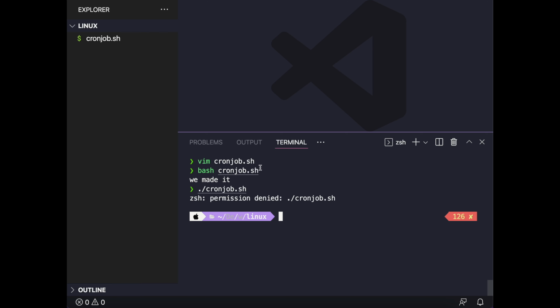Using bash will execute the file as a bash file, but in this case it's going to execute the file differently, not as a bash file. Linux will recognize which kind of file it is. So in order to enable that, we are just going to type chmod +x cronjob.sh and hit enter. And now if I try again,